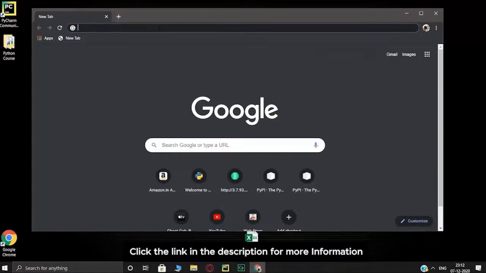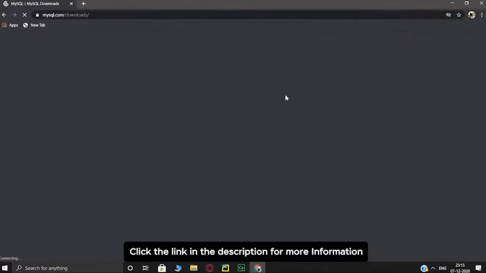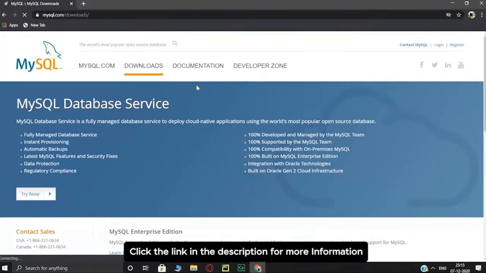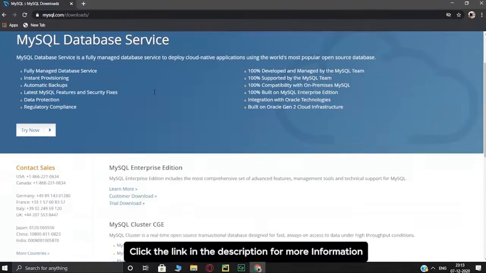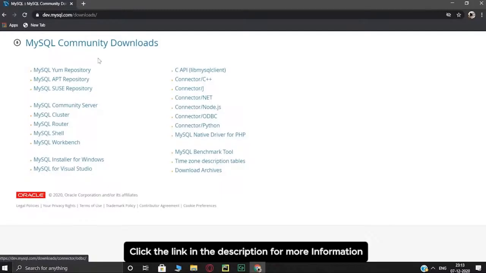So firstly, you can go to this website, which is mysql.com/downloads. In this downloads page, you can go all the way down and download MySQL Community Downloads. When you go into this, you download the MySQL installer for Windows. Alright, when you click on this,